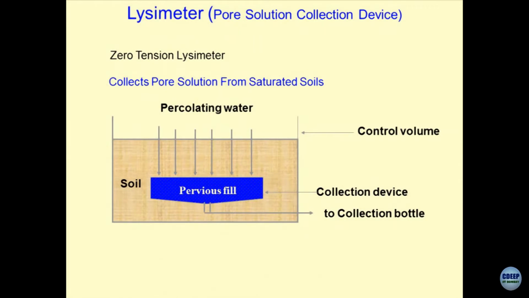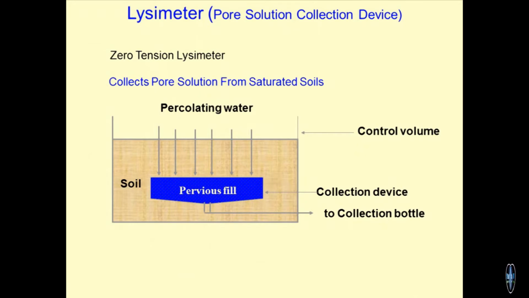And here I can do some more experiments. If this water which I am using for artificial rainfall, I can contaminate it with some chemical species, and then I can see what type of percolation is taking place and what type of percolants are getting deposited in the pervious fills. So, this is what is going to tell me how much is the sorption capacity of the soil under in situ conditions, what is the attenuation properties of the geomaterials, and hence I can use lysimeters for characterizing the soil mass also, alright. So, this is one of the ways of taking out the pore solution.